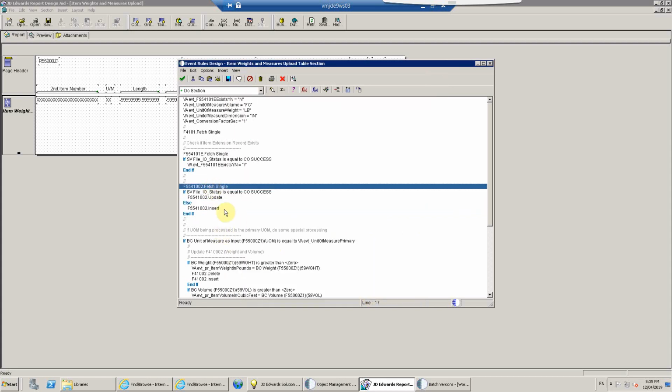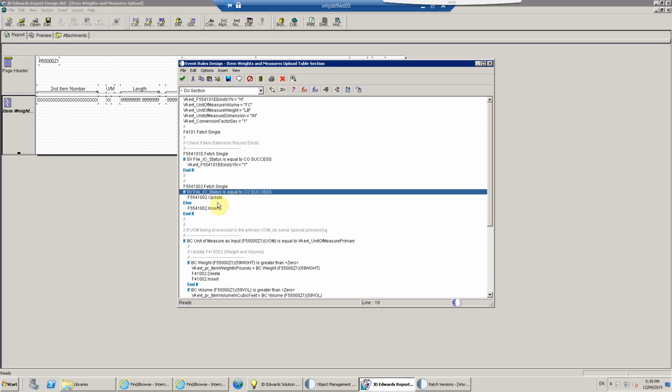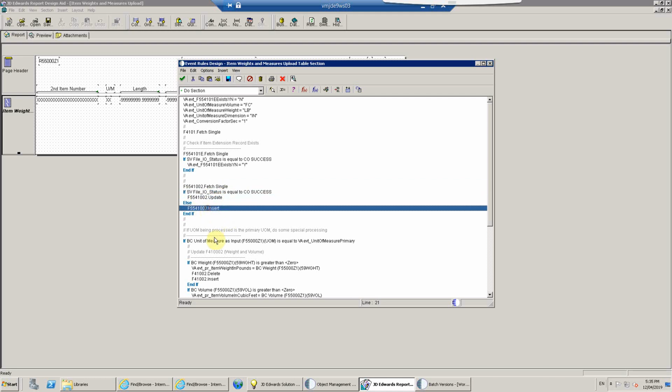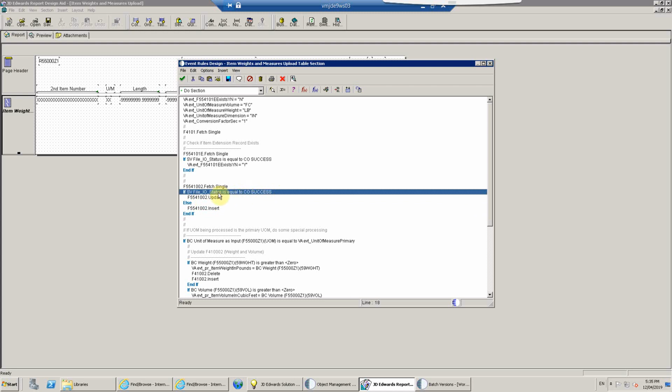Okay, so a lot of times you'll see something like this. Fetch single. If it's successful, update. If it's not, insert. That's basically like your implementation of a save. Sometimes this is dangerous because